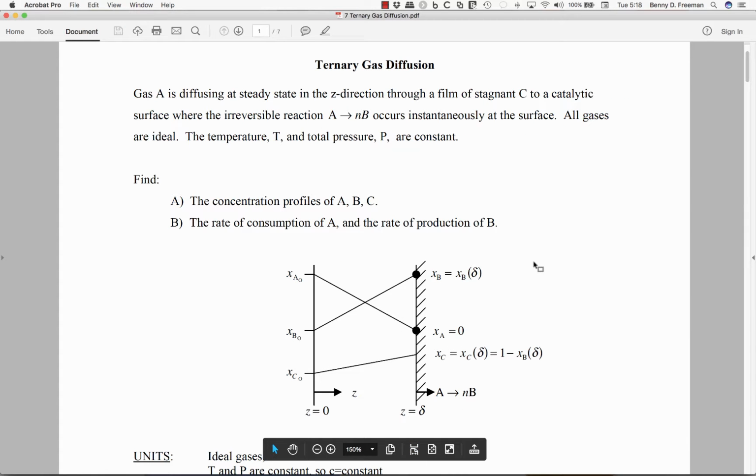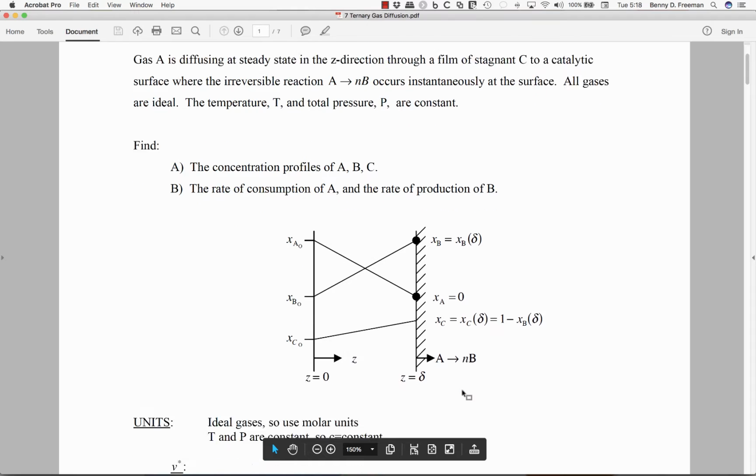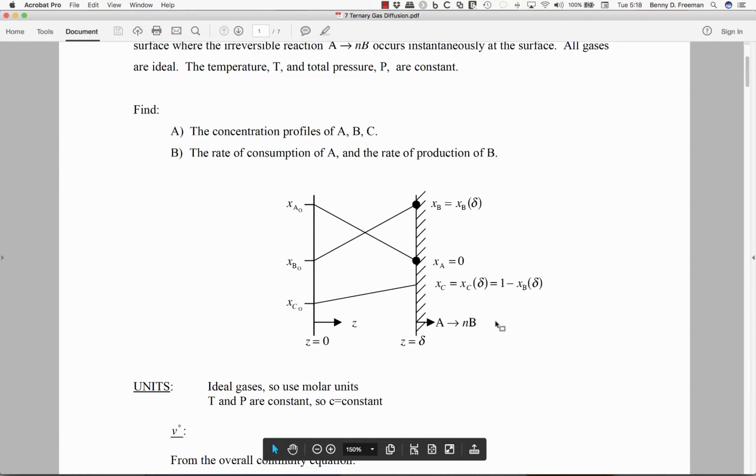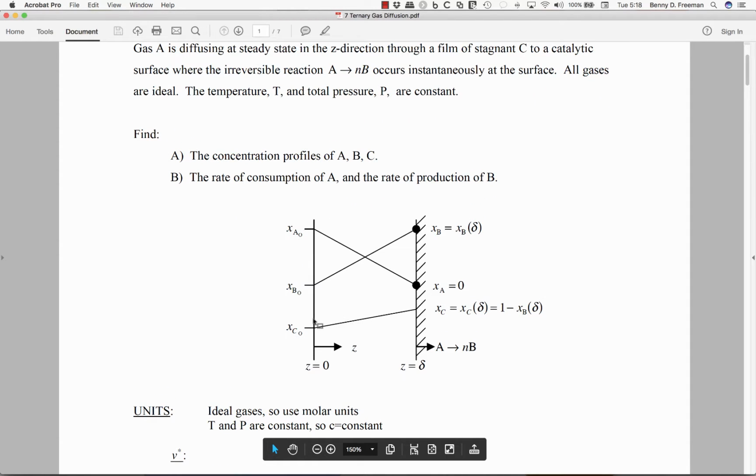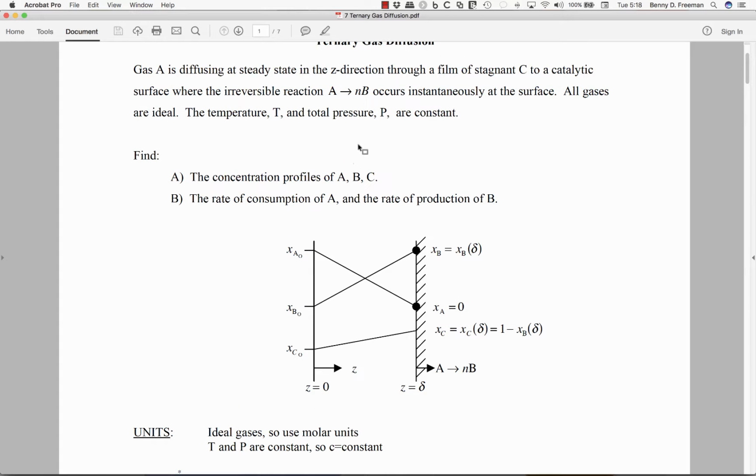One of the components, A, can undergo reaction at the surface to form N molecules of B according to the reaction stoichiometry that's shown here. There is an inert component, C, that doesn't participate in the reaction, and the chemical reaction we're going to set to be irreversible